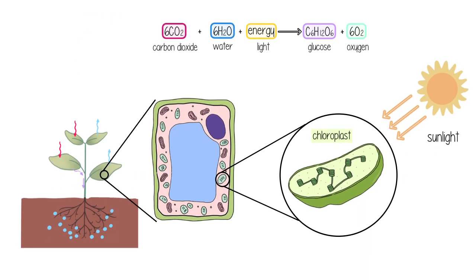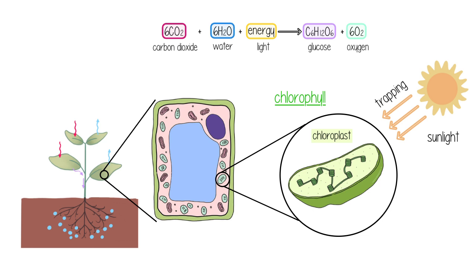The process of photosynthesis is occurring inside the organelle called the chloroplast, which has the pigment chlorophyll. Chlorophyll is a green colored pigment that is responsible for trapping the sunlight's energy. And the plant uses this energy to combine carbon dioxide and water to produce a molecule of glucose, with bonds that form between the atoms of the final product.